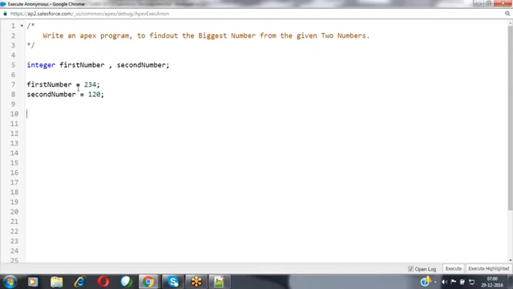Now my requirement is to find out which one is the biggest value. For that, I'm using a condition: if the first number is greater than the second number, then what do you want to display? First number is the biggest one.